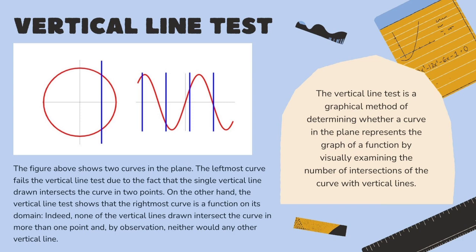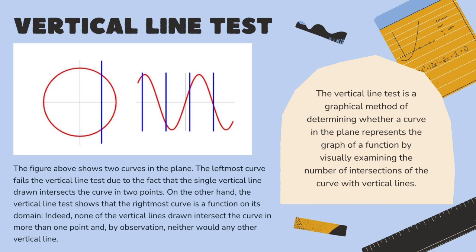So next is the vertical line test. The vertical line test is a graphical method of determining whether a curve in the plane represents the graph of a function by visually examining the number of intersections of the curve with vertical lines. The figure shows above the two curves in the plane. The leftmost curve fails the vertical line test due to the fact that a single vertical line drawn intersects the